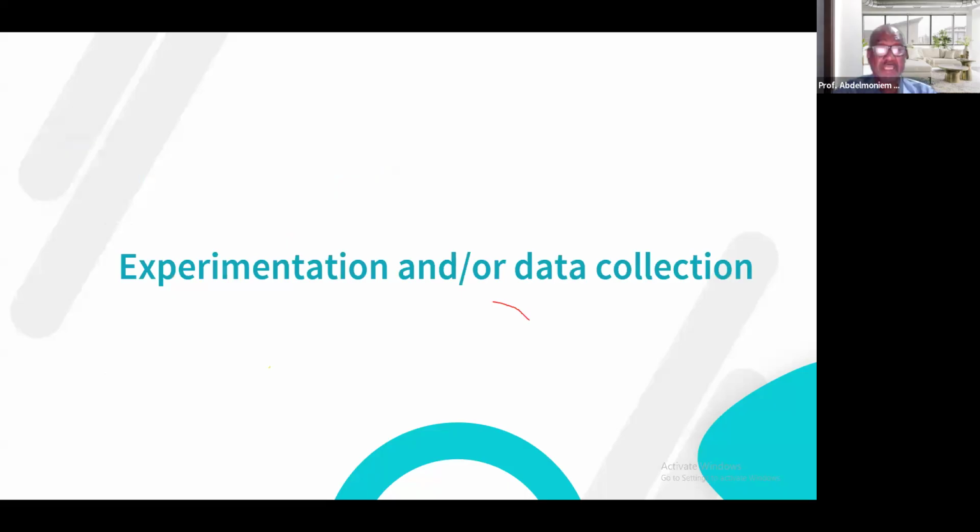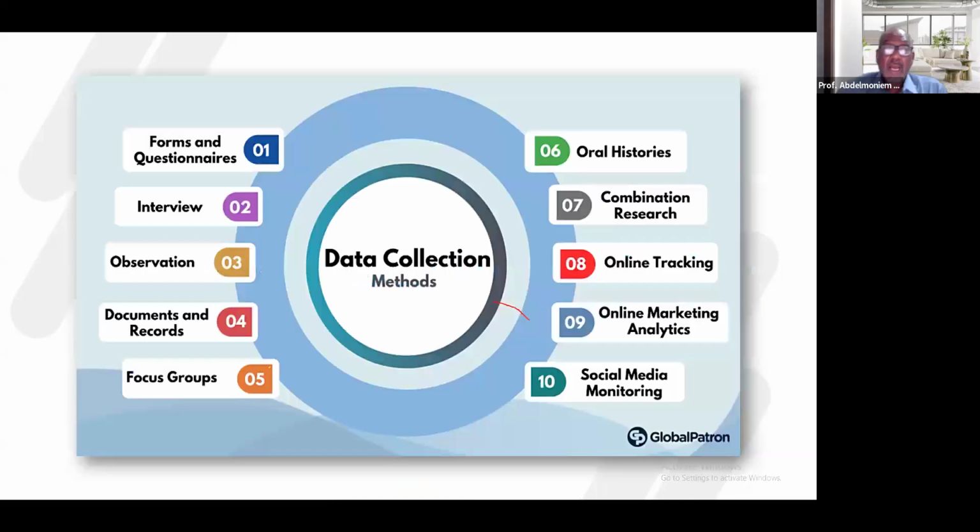So, of course, if you conduct research, you might need to experiment first or intervene in clinical trials or do some experiment, laboratory experiment or field experiment, and then you start collecting data, or you go straight and collect data if it is, for example, from stored data from databases, through surveys and questionnaires and so on. So you can experiment and or collect data. And as you can see, data collection methods are well known, but new ones are introduced recently because of the technology and the AI.